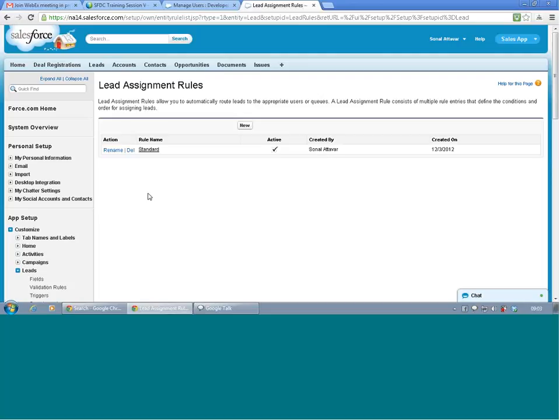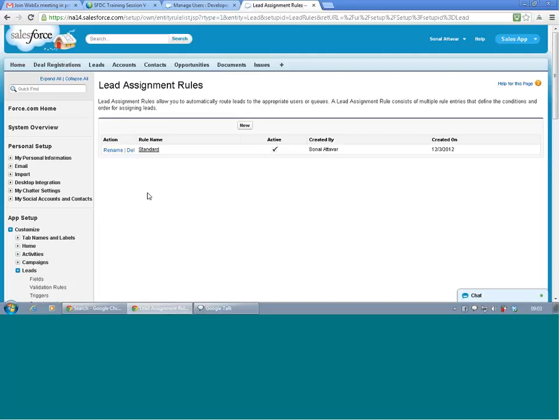Then next day new set of leads will come. Okay. So lead assignment rules in Salesforce is a process which automates the ownership of the leads. Who should own this lead? How do we determine who should own the lead? That determination process happens based on the data in the leads.